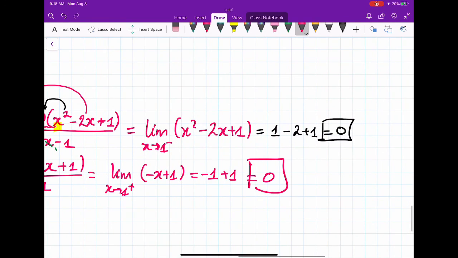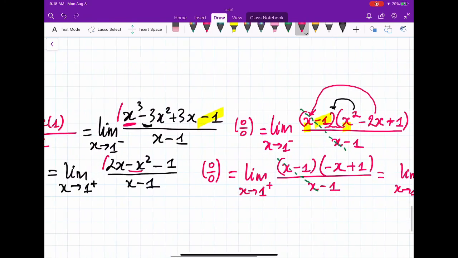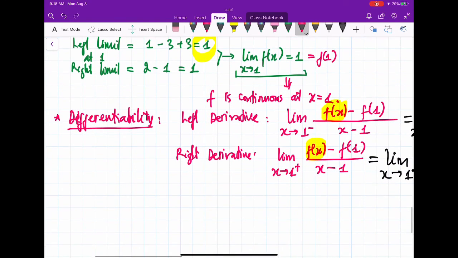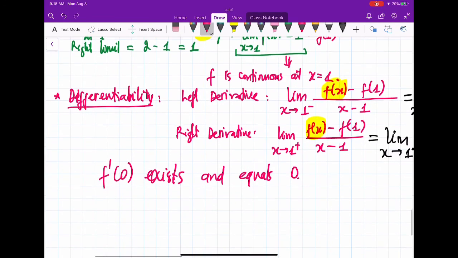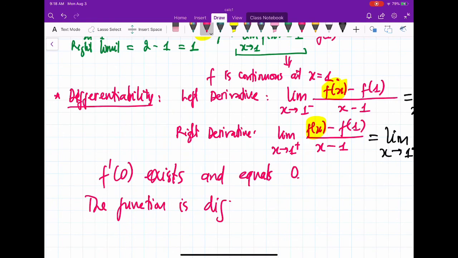You see? The left derivative and the right derivative are equal. Perfect. That means the derivative exists at 1, right? I write like this. The derivative of f at 1 equals 0. So the function is differentiable at x equal to 1. That means the graph of the function is smooth at x equal to 1. Okay, so